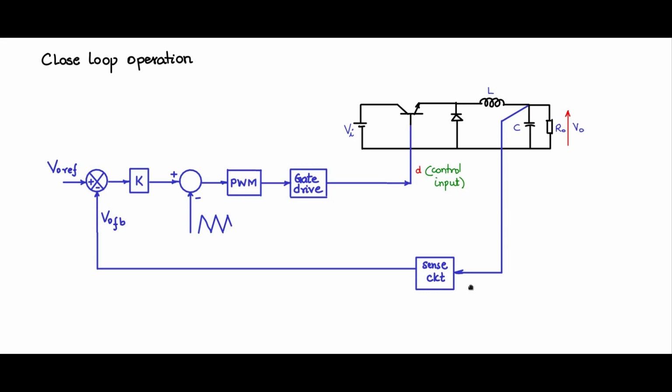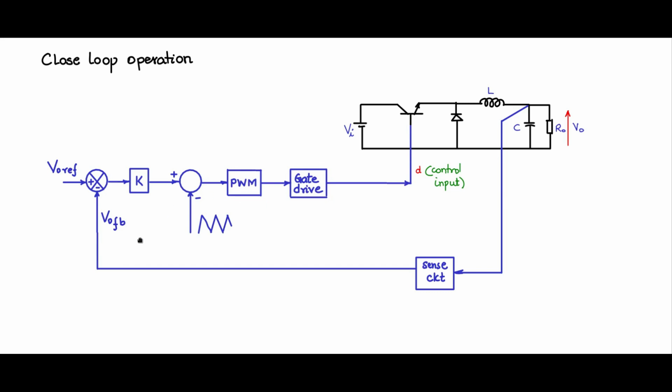And this is the closed loop action for one direction, where V naught increases. The V naught increase could have occurred due to any disturbance in the load, in the input voltage, or even temperature. If V naught decreases, the action will be in a similar way. V naught feedback decreases, error will increase, the control output will increase, pulse width increases, D will increase, and therefore V naught will increase, and it will pull it back to the normal operating point. So this is the control action that you will see.